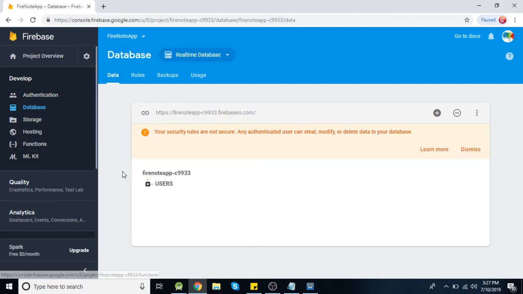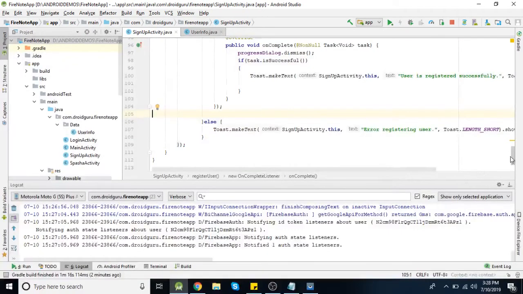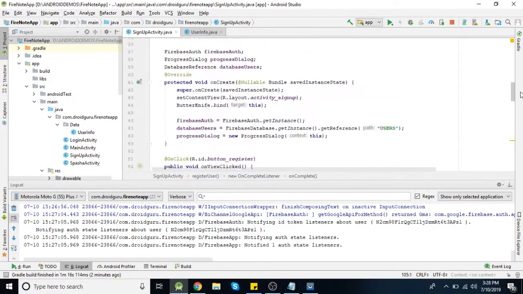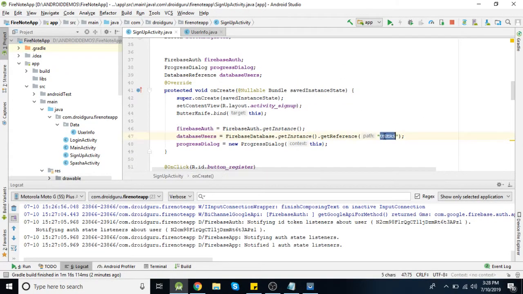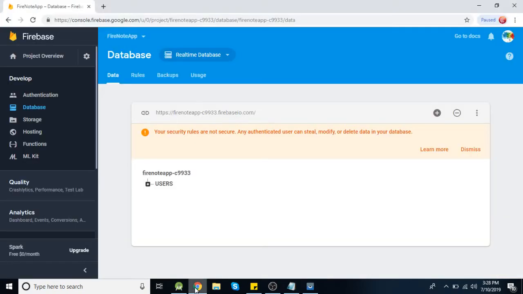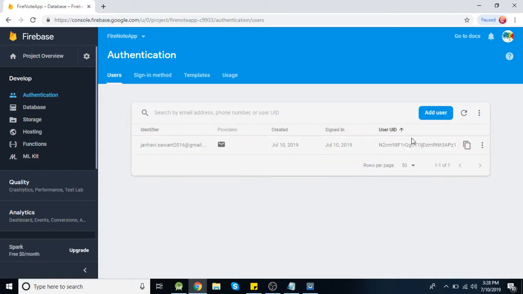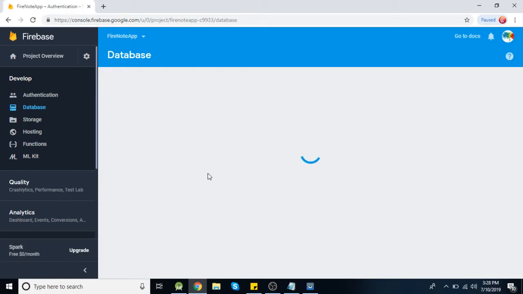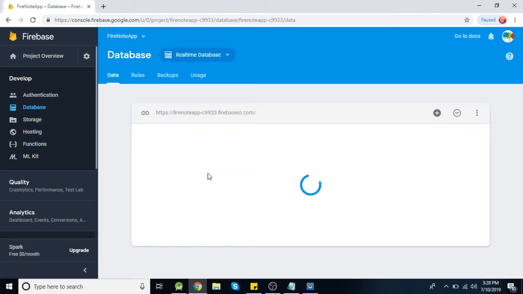So this is the node created, this is our database, this is the table we created here. For the database reference, we added this users name, so that table will be created here. And if you expand this, you will get this user ID. After registration, we got this user ID, and using that user ID, we are going to store our data. So in that user ID, you will get all those fields.